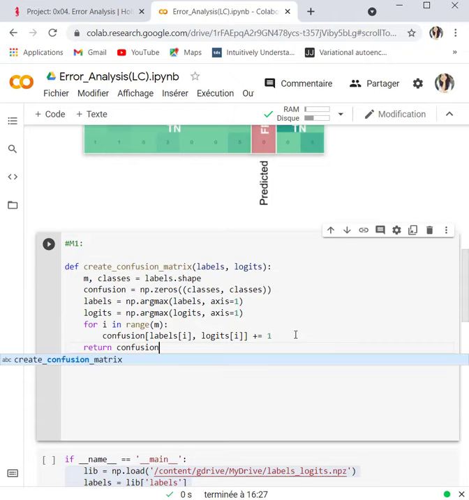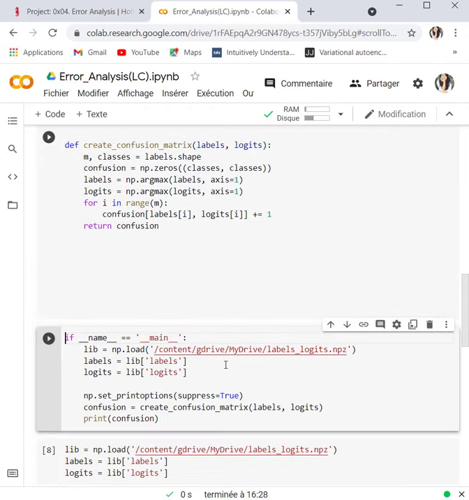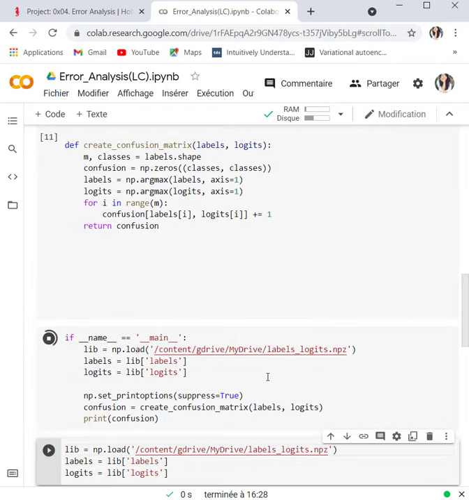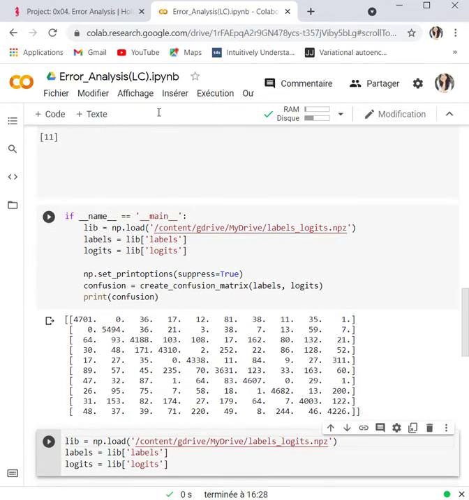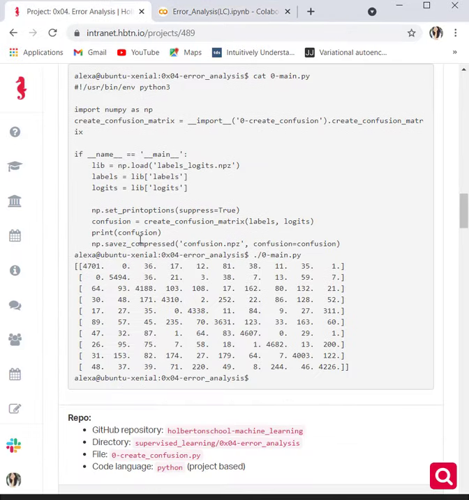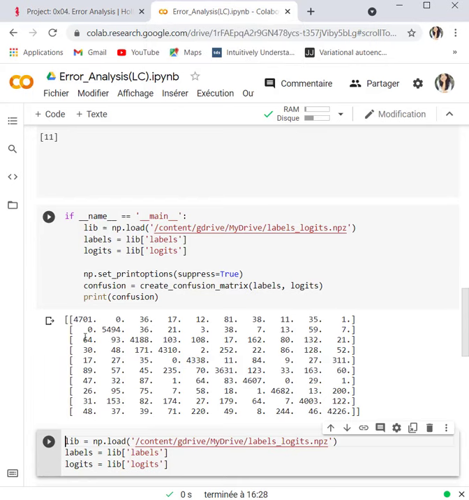Okay, so this is a method. I'm going to test it now. This is my confusion matrix. Here I have my actual values, and here I have my predicted values.